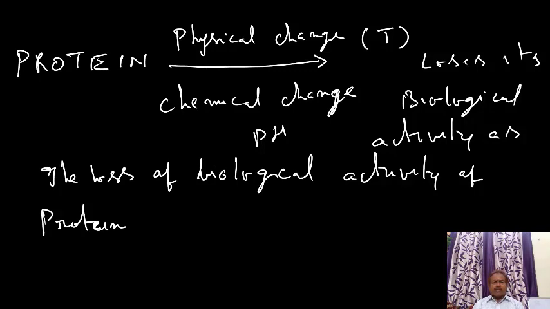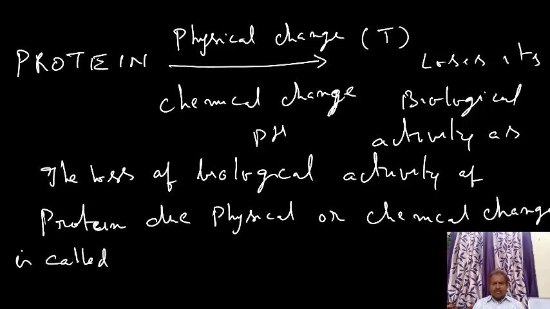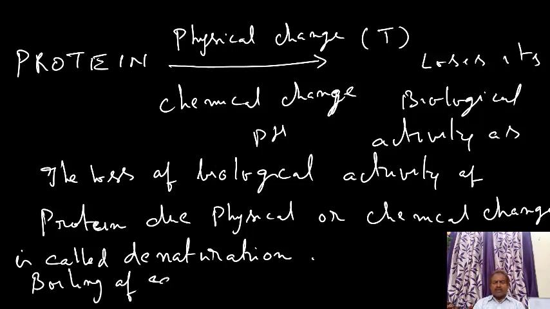The loss of biological activity of protein due to physical or chemical change is called denaturation. The best example is boiling of egg. So during boiling of egg and curdling of milk,